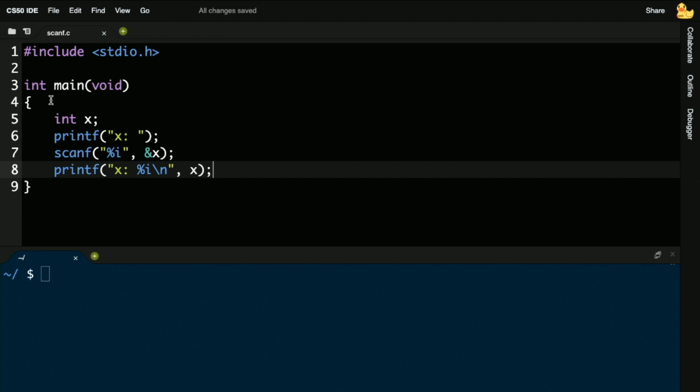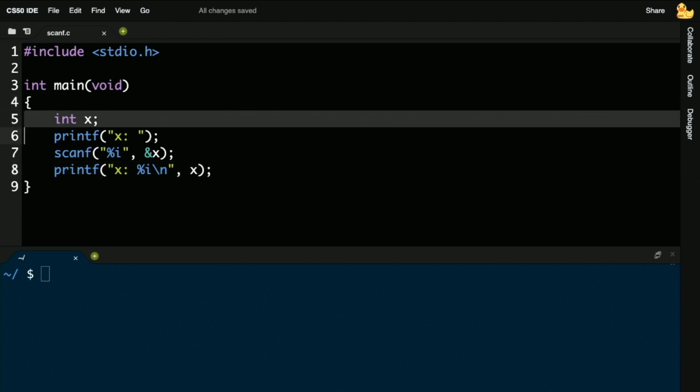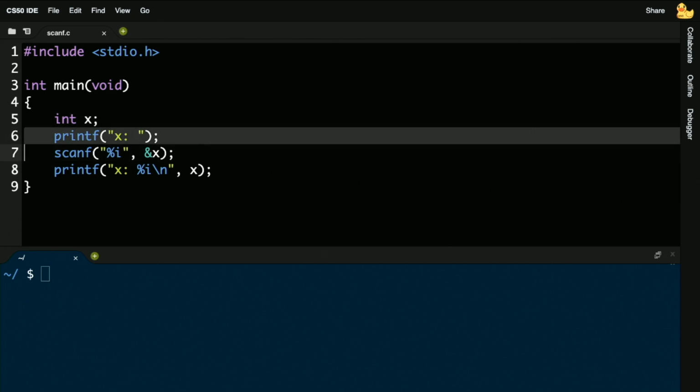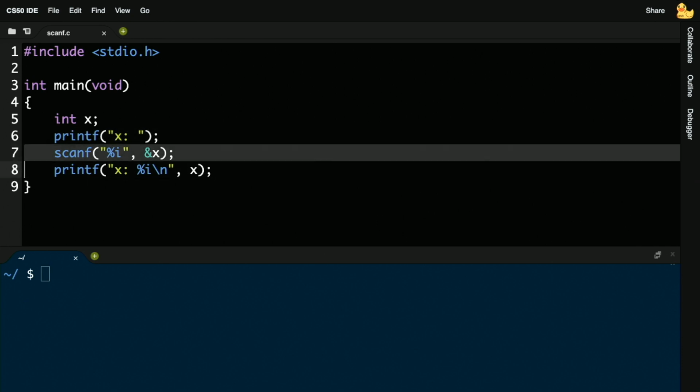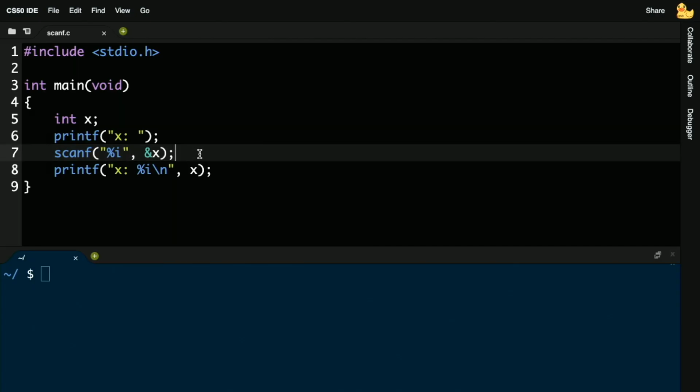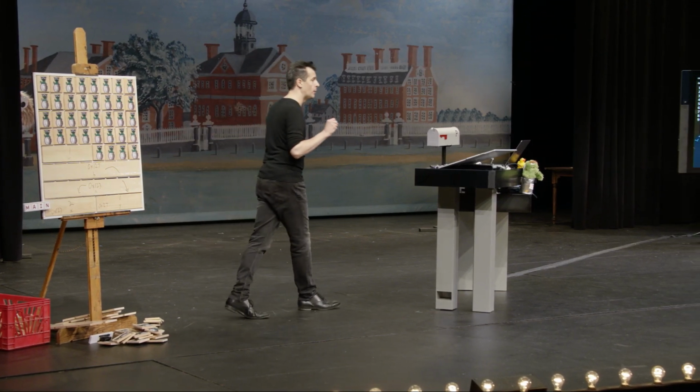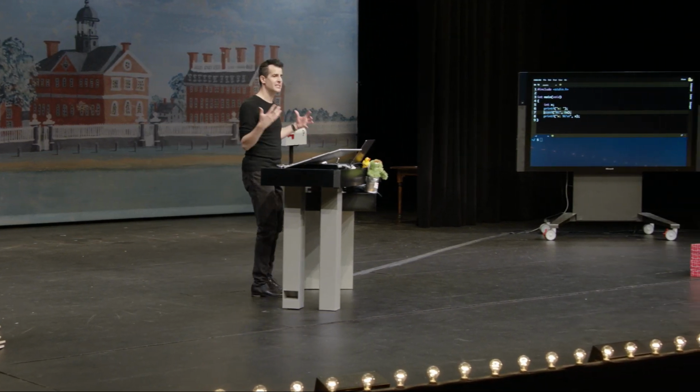So what's going on here? In line 5, I'm declaring a variable called x, just like in week 1. Line 6, just using printf like in week 1. The interesting stuff seems to be in line 7. Scanf is a function that takes input from the user, just like getInt, getString, getFloat, and so forth. But it does it only by you having to understand pointers. Because recall from our swap example, if you want to have a function change the contents of a variable, as we did with a and b and x and y, you have to pass in the address of the variable whose value you want to change. You can't just pass in x itself.